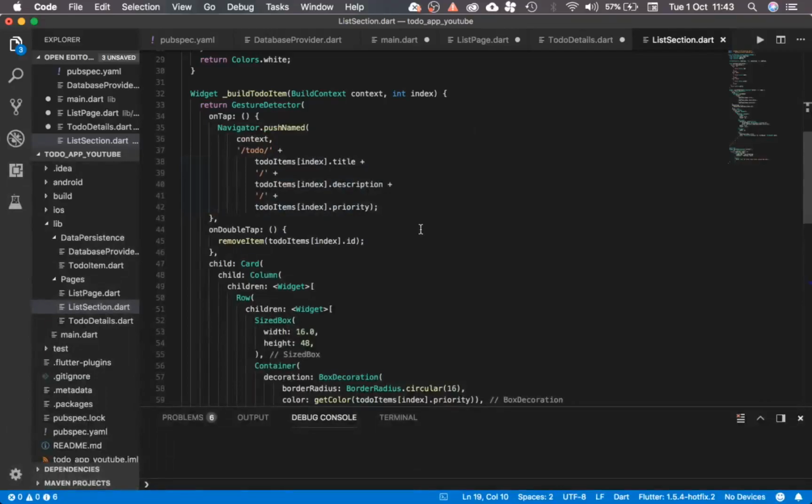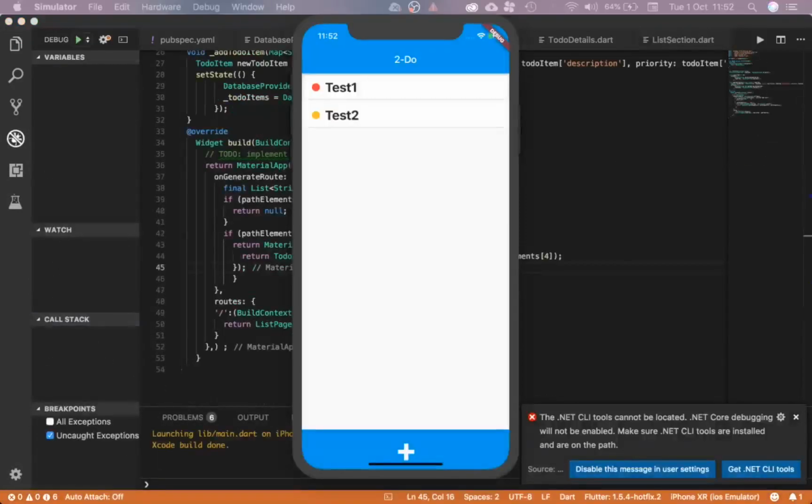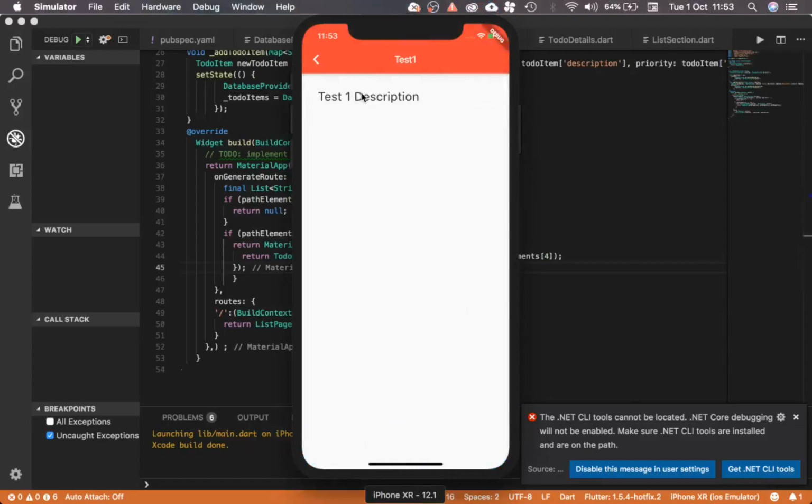Finally, we can run our app, and provided there are no errors, we should see a functional app like this. So this is the app running on an iOS emulator on my device. As you can see, we have the 2 test items we created, along with their priorities in the circles here. As of yet, we can't add a TodoItem as we have not yet coded that functionality. However, what we can do is click on one of these items and it will take us to